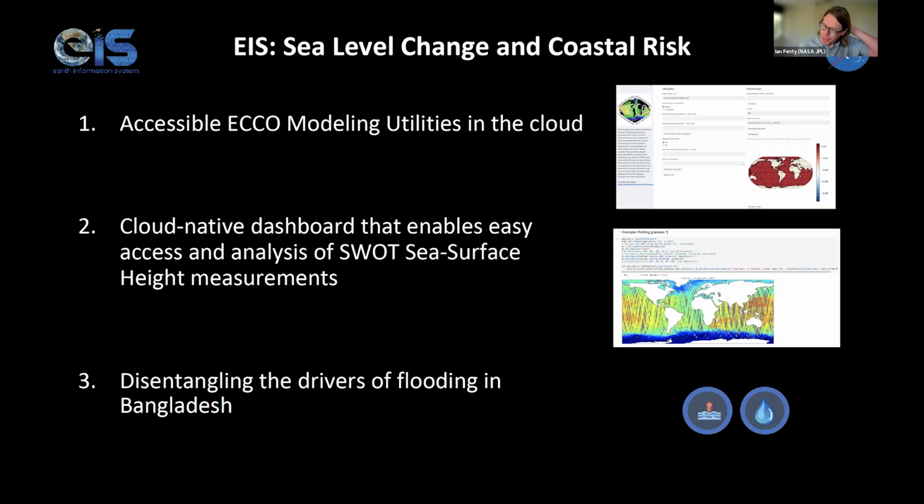Okay, that was a fantastic introduction by Dennis. My name is Ian Fenty, and I'm a research scientist at the Jet Propulsion Laboratory. I've been involved in EIS for about 2 years, and it's been personally a really great experience because it's encouraged a lot of interaction between disciplines that I think don't normally have the opportunity to work together on a project. And one of the ways that we're interacting, at a low level, is